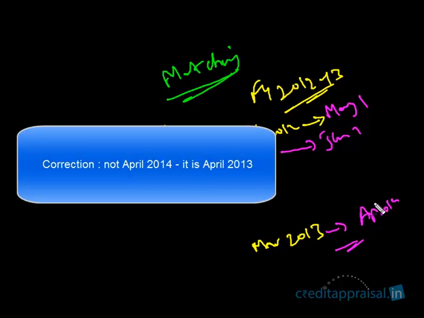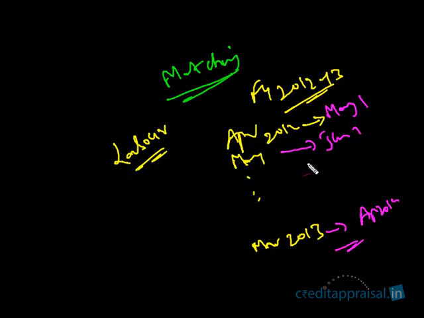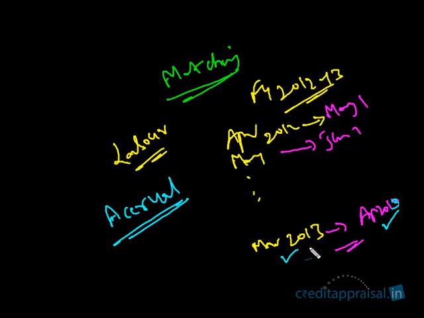So here again you have to understand that matching principle is working. There are two principles acting here. One is the matching principle and another is the accrual system of accounting. So let us first look at the accrual system of accounting. Please note that when we discuss the accrual system of accounting, the actual flow of cash is not material. So this March salary, even though you are paying in April 2014, this is April 2013, right? Even though you're paying this salary in the next month, and actually this is the next financial year, you have to report it as an expense in the month of March 2013, that is in the financial year 2012-13,